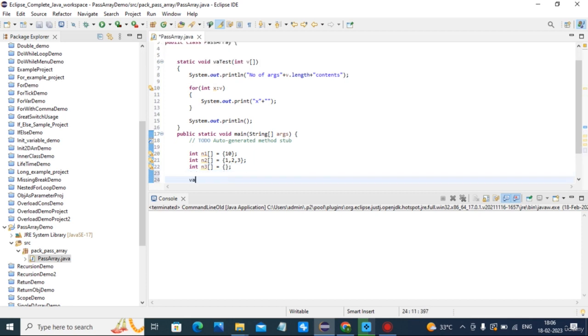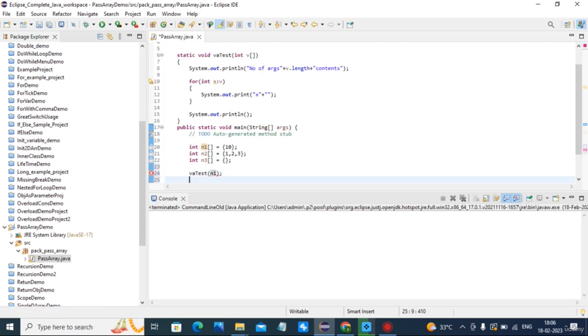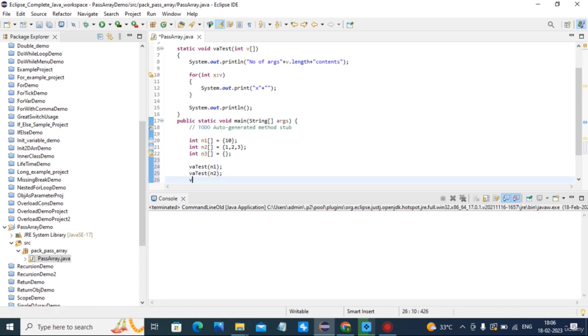Now I call VA test without use of an object. Why? Because it is a static method. So I pass first array n1, then the second array n2, and lastly I pass n3, no arguments.